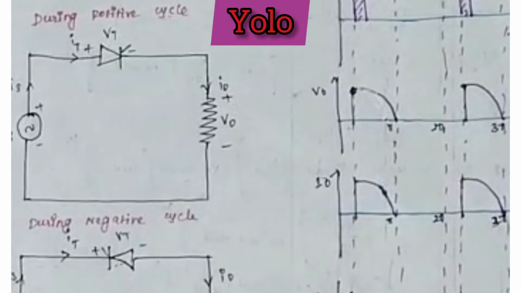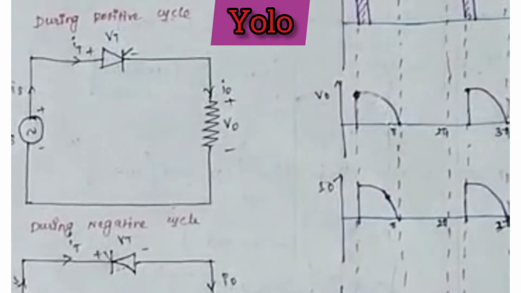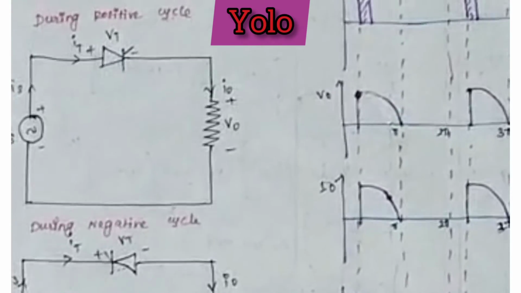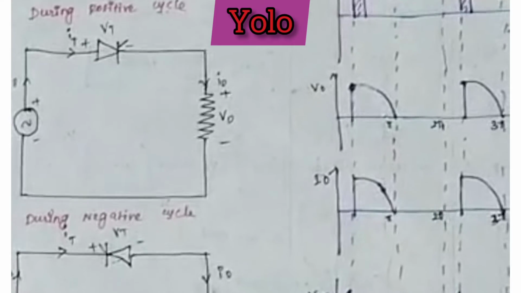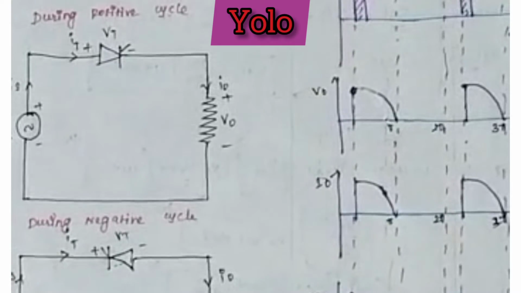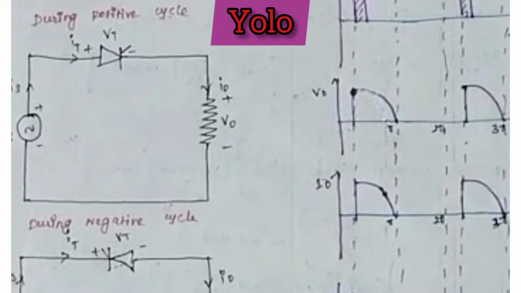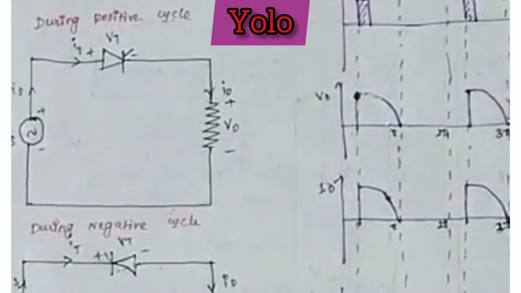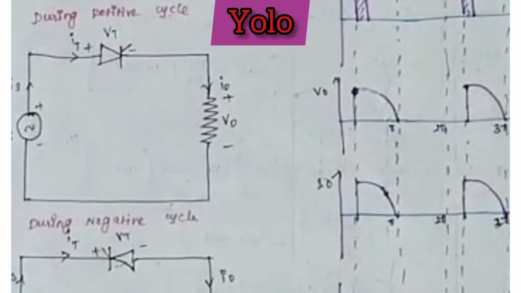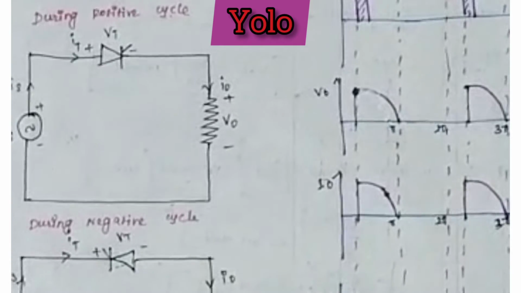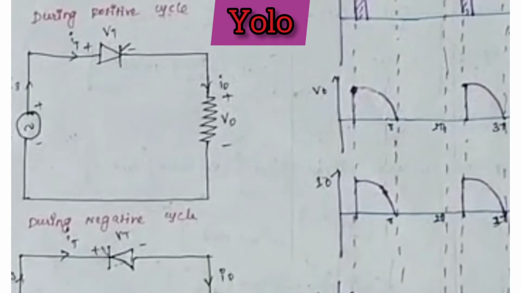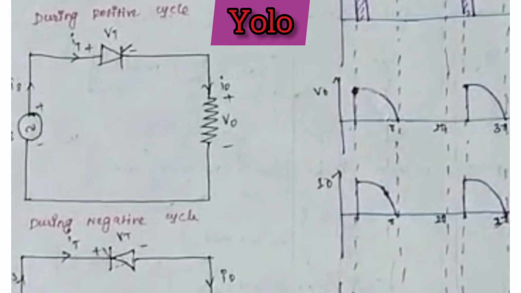During the positive half cycle, the anode is connected to the positive terminal with respect to the cathode. The thyristor is said to be forward biased. From 0 to alpha, the thyristor is in forward blocking mode. When the firing pulse is applied at omega t equal to alpha, thyristor T1 conducts and the input voltage appears across the load. During the period alpha to pi, we get the output voltage and output current.